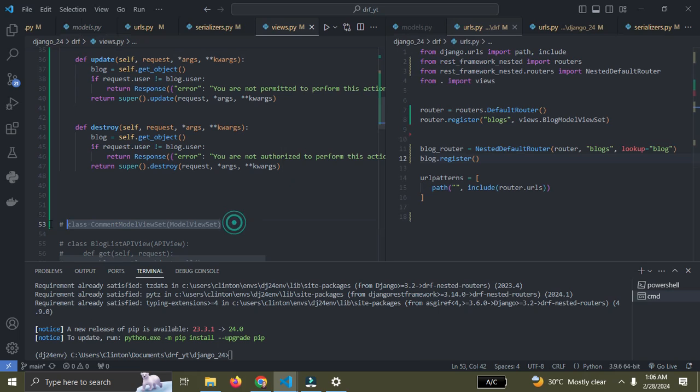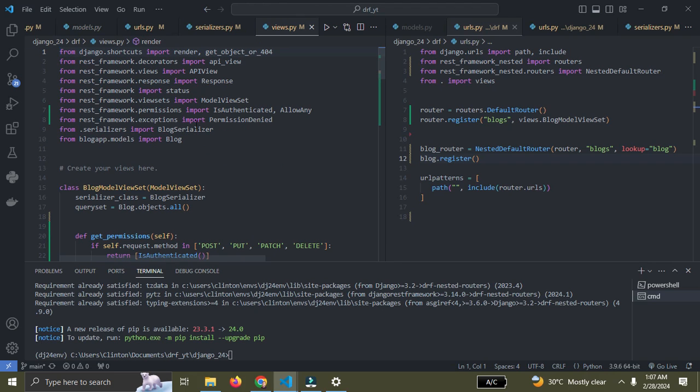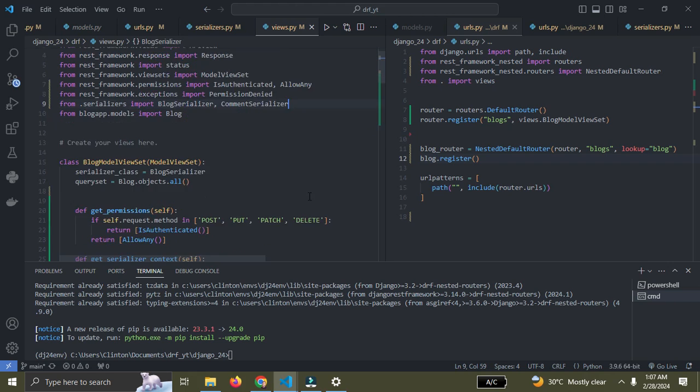So come over here, and then we're going to simply say serializer_class should be equal to CommentSerializer. We need to import that CommentSerializer. Let's import it. Say comments and then serializer. So once we've done this now,